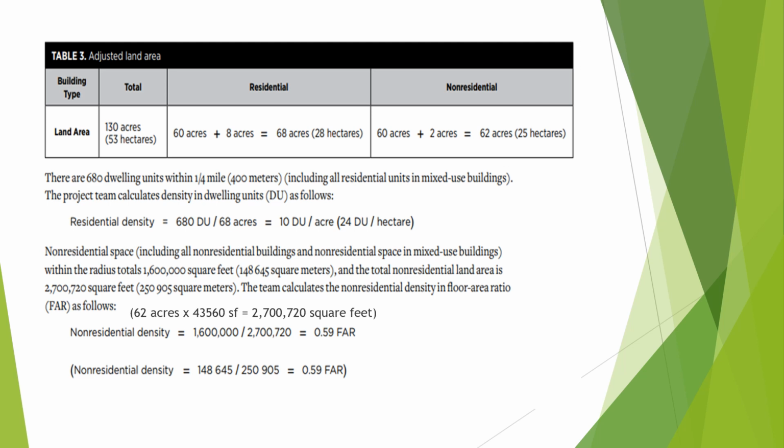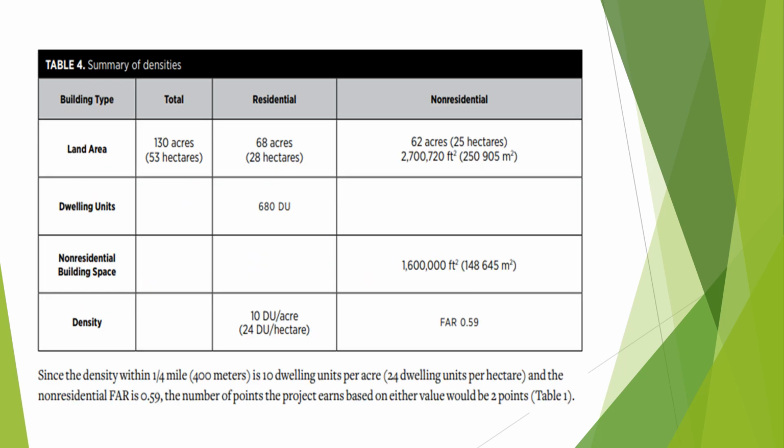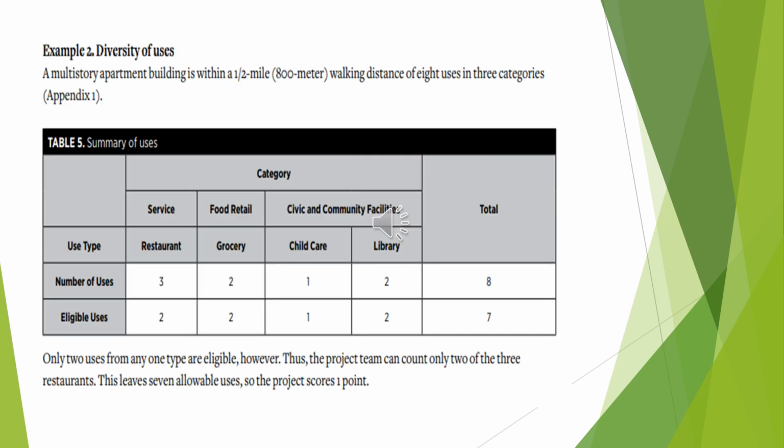The non-residential space within the radius is 1,600,000 square feet and the non-residential land area is 2,700,720 square feet. On dividing the non-residential space by the land area, the non-residential density is 0.59. Table 4 summarizes the residential and non-residential densities. This example summarizes the diversity